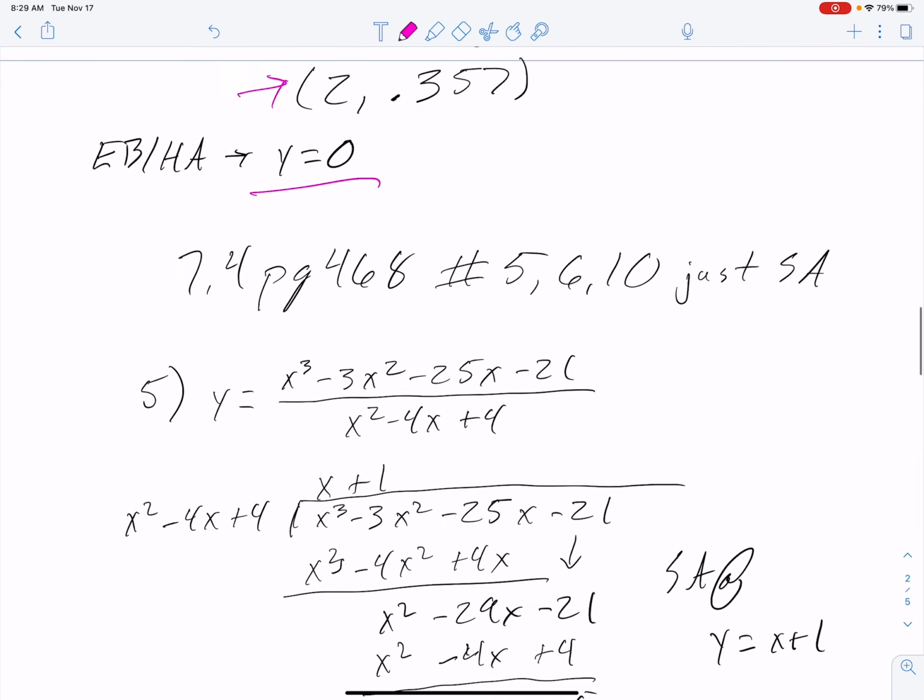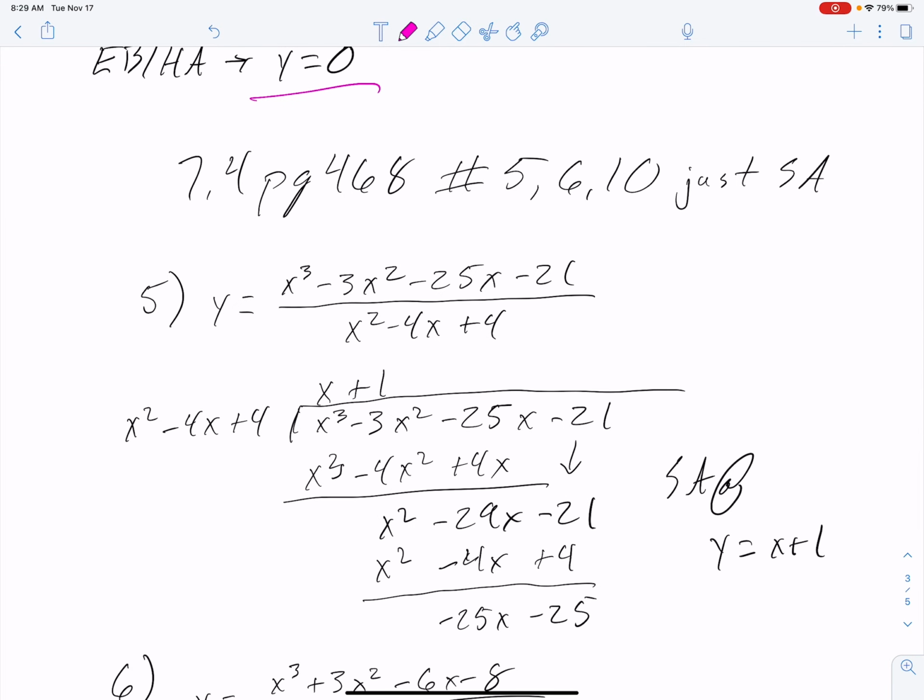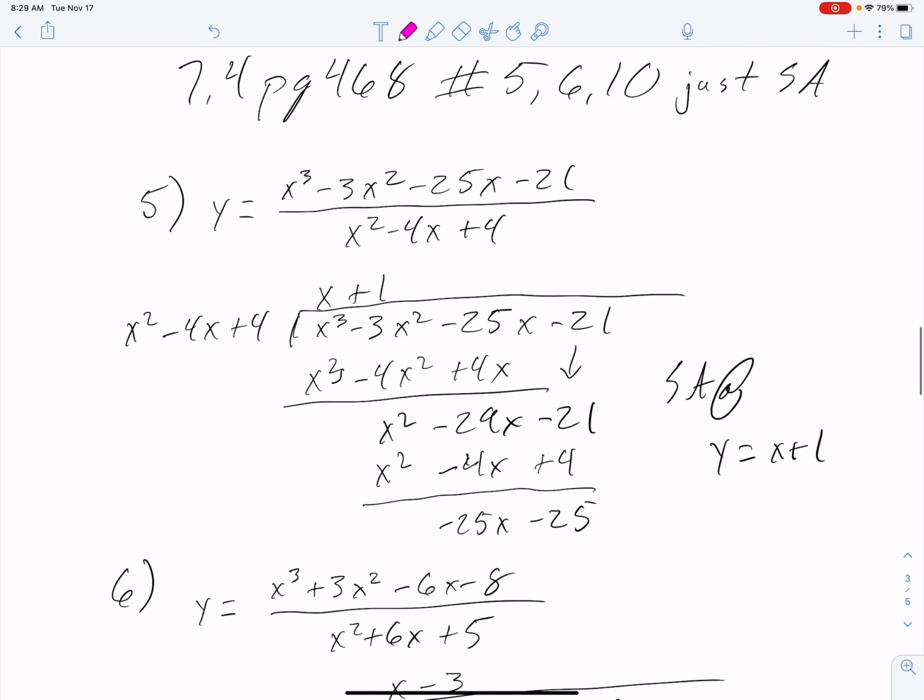For 7.4, I just wanted you to come up with the slant asymptotes. You didn't have to worry about doing all the other values. So I set up my division. I'm just going to erase these for a moment. I set up my division, and I asked myself,